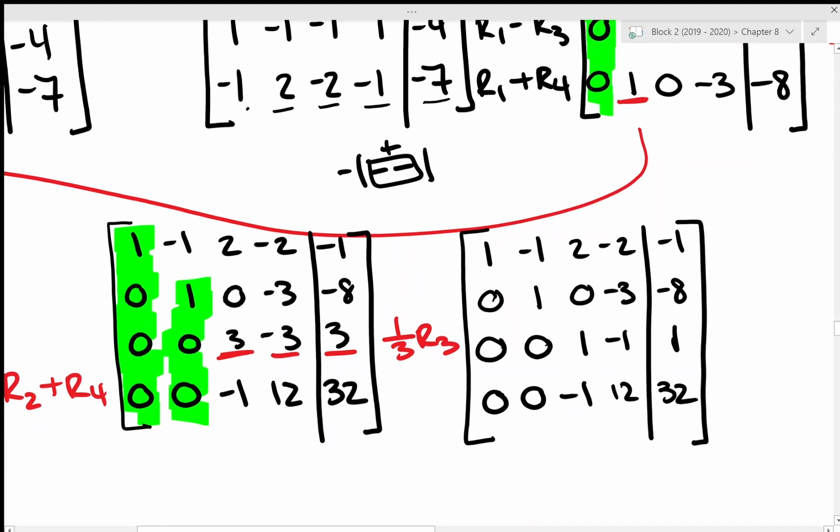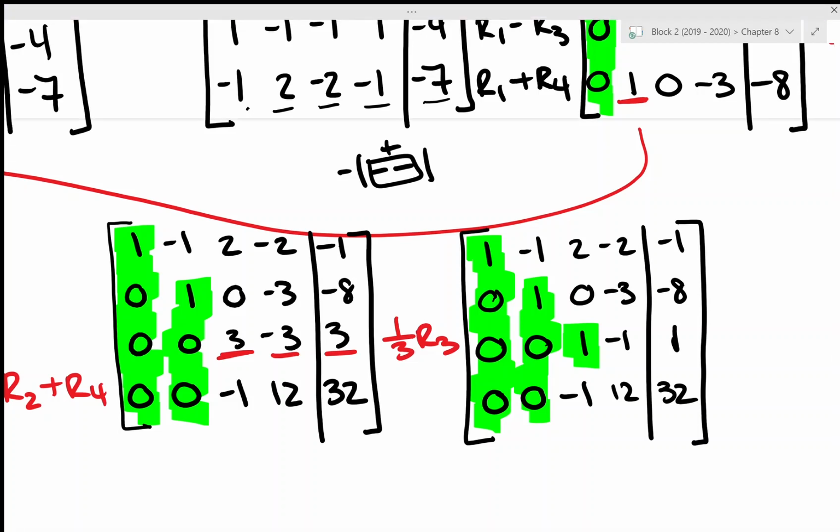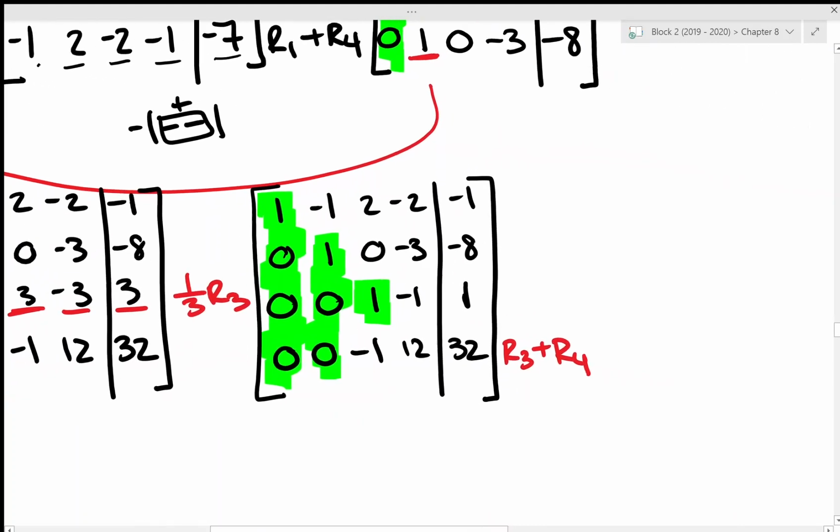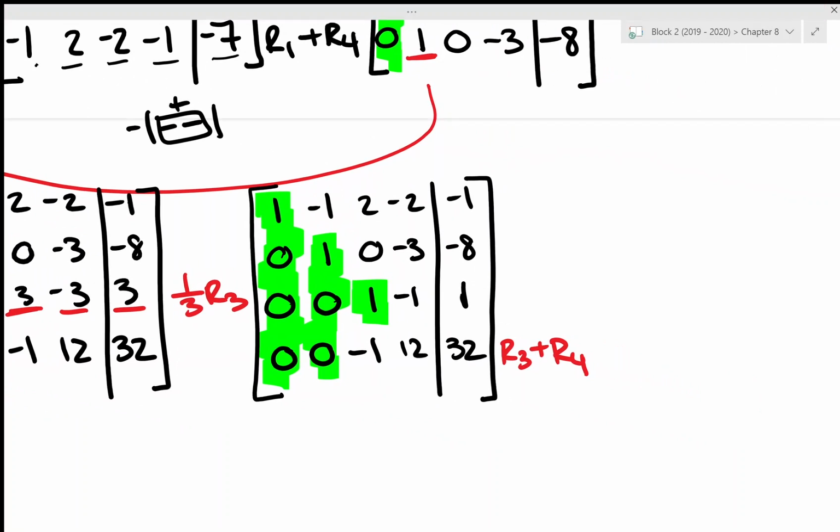So, we got the 1 where we wanted it. So we have the 1s with the 0s in the first row, the second column. And we have the 1 here. So what I'm going to do is row 3 plus row 4. Let me write it next to row 4 because I want to replace row 4. They already match with the opposite signs. So when I do that,